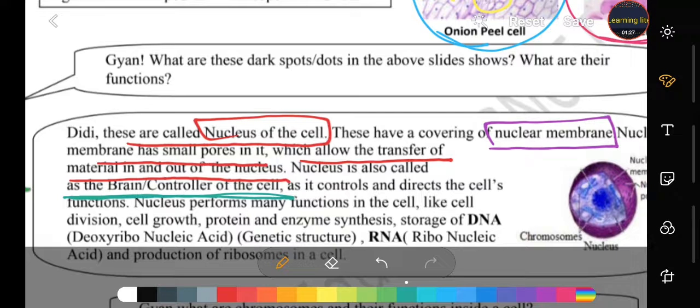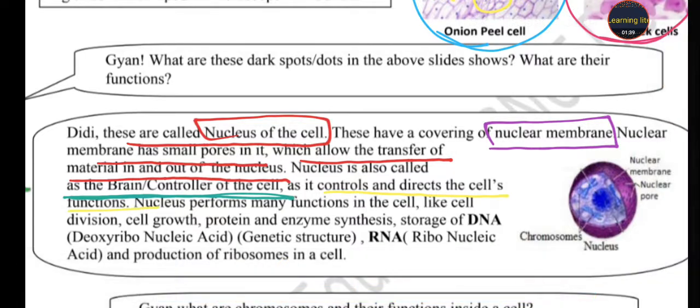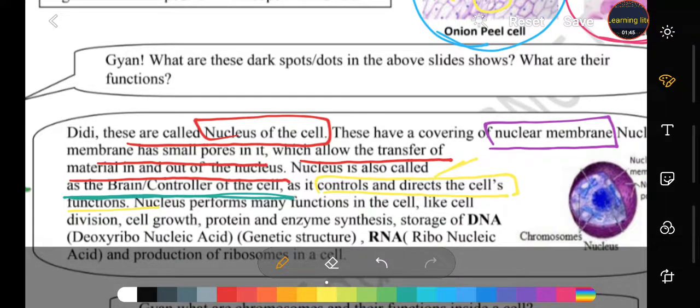As the brain in our body controls all the functions of our body, in the same way, student, the nucleus is called the brain of the cell, as it controls and directs the cell functions. It controls all the functions and also directs the cell to do the functions. Student, the nucleus has many functions. First one is